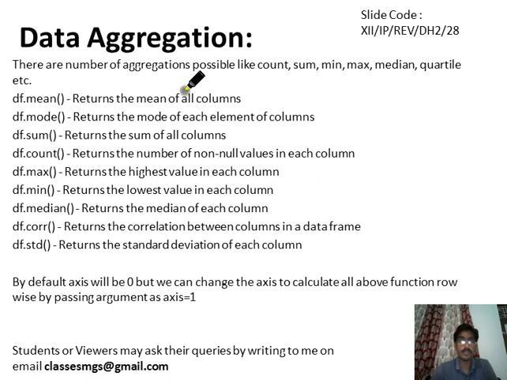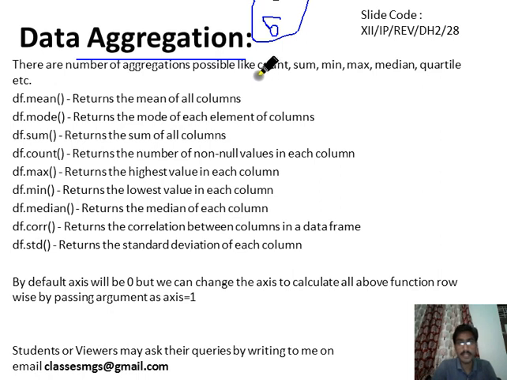Okay, now we come to the topic of data aggregation. We have seen data aggregation in the first slide: on multiple data set values, we apply a function and it generates only a single value. There are some examples of data aggregate functions. A 5 marks question will definitely be asked from this topic, because it is very important. A 2 marks question will be asked from the pivoting method, and a 1 or 2 marks question may be asked on the sort method, and a 5 marks question is generally asked on the data aggregation method.